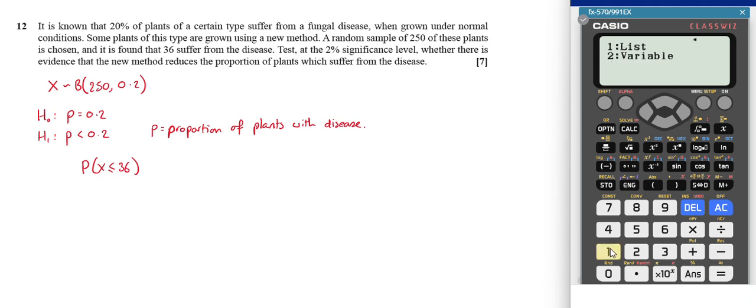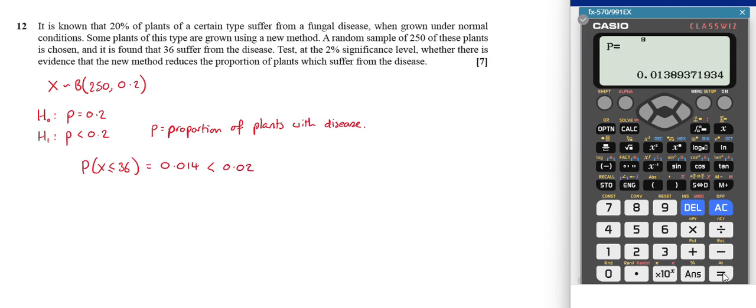So CD variable, I want 36. I want n to be 250 and probability 0.2. When I do that, I get this to be 0.014. So this is 1.4%, which is less than